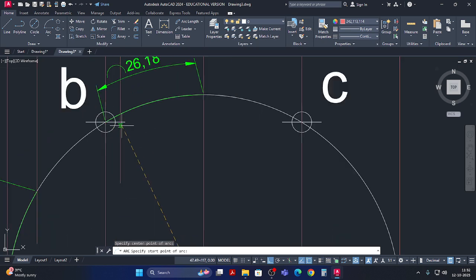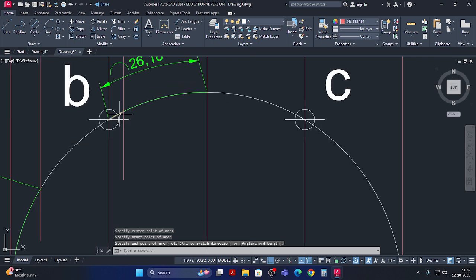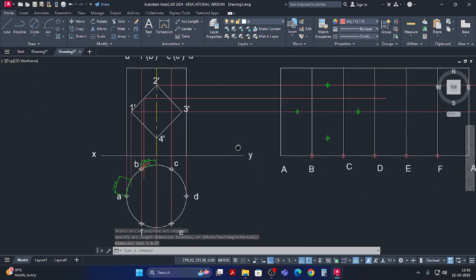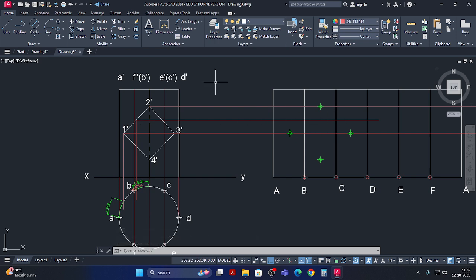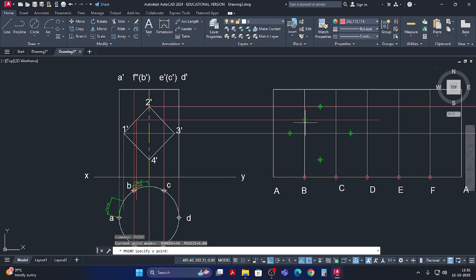Center, start, end. This is the arc drawn. This arc length can be taken carefully, 4.27 from B towards C on this line. Okay, create a point from B and then move it 4.27 towards C. 4.27. Okay, now